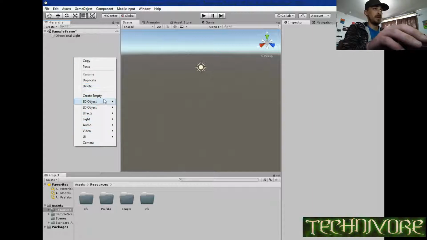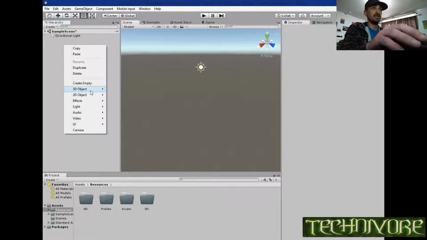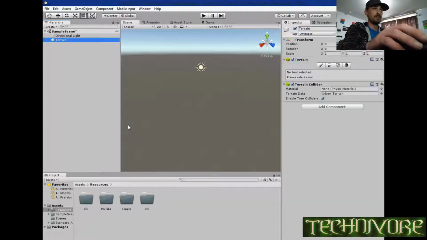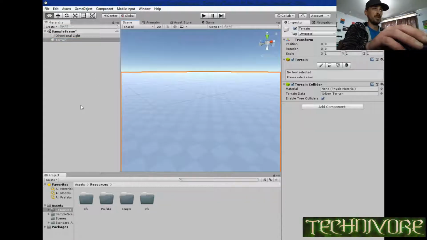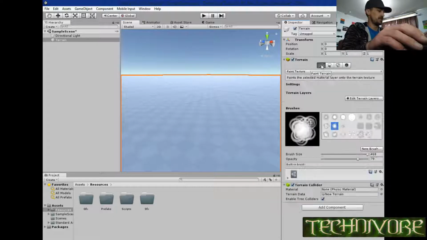Pretty simple so far. I am going to go ahead and go into the terrain editor that's over here in the inspector, and I'm going to click on paint terrain. And what I'm going to do is go in here. These are different paint brushes basically, and I'm going to go to the raise/lower terrain brush. I'm going to grab this guy right here. Basically this is just going to create some little hills, so when we're running around we can